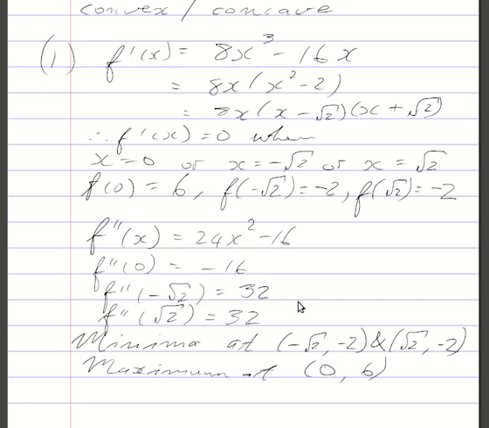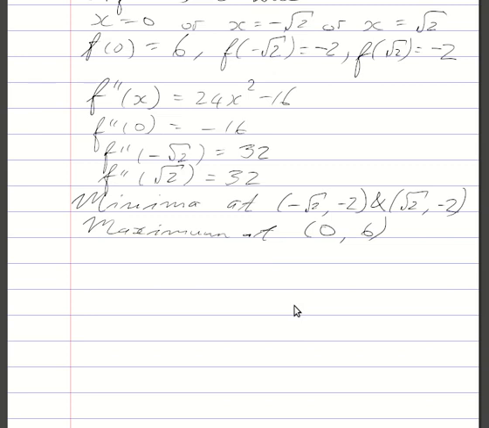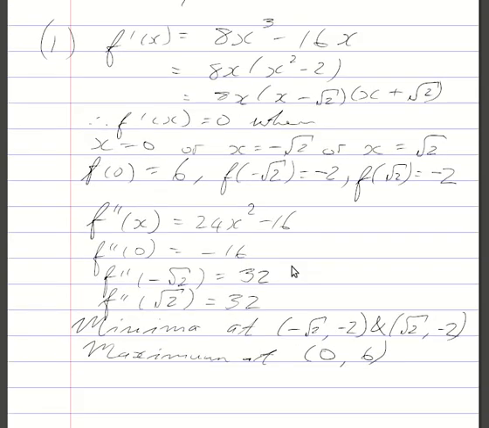And that is the way you get full marks for this question. You not only solve the x values of the stationary points, you find the y values and